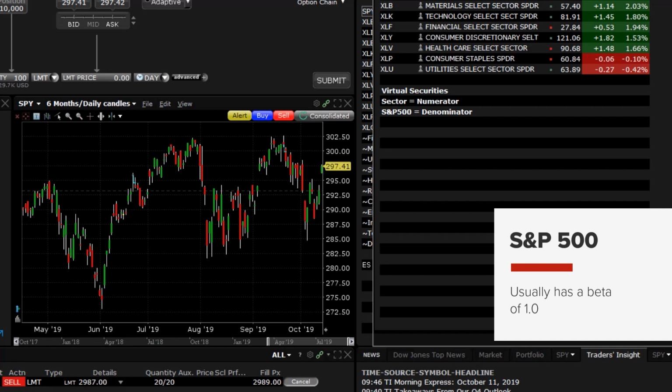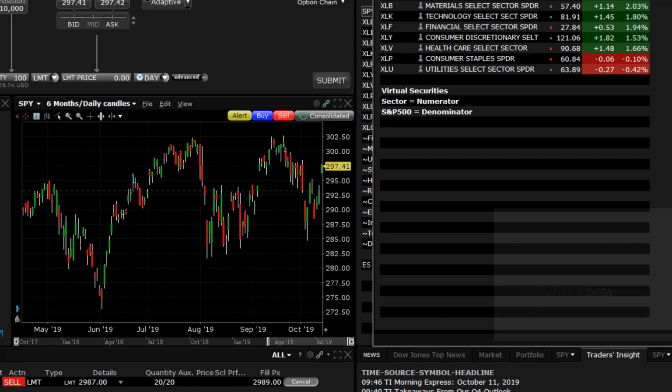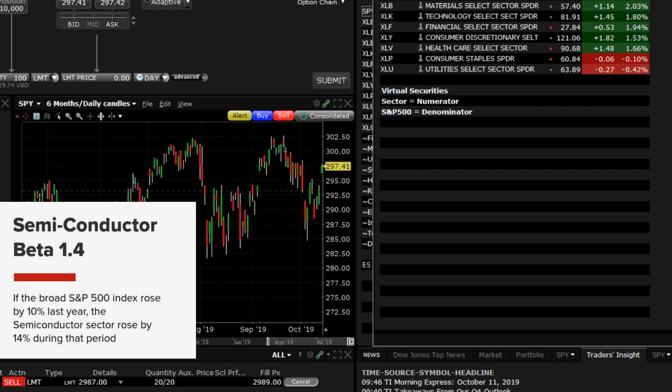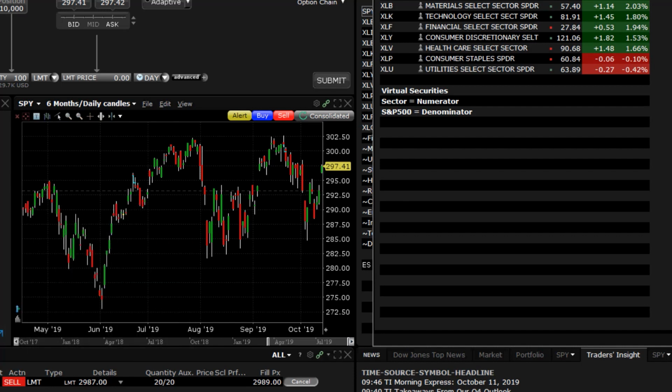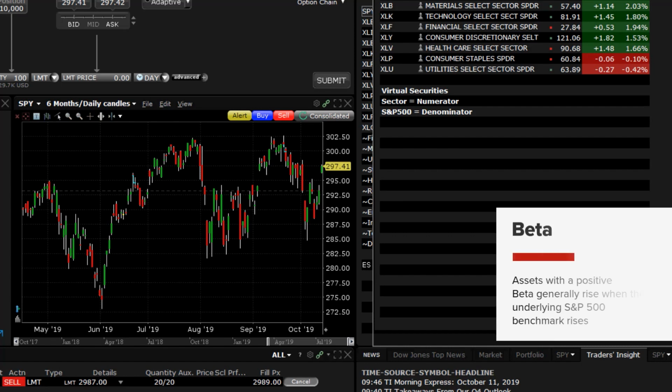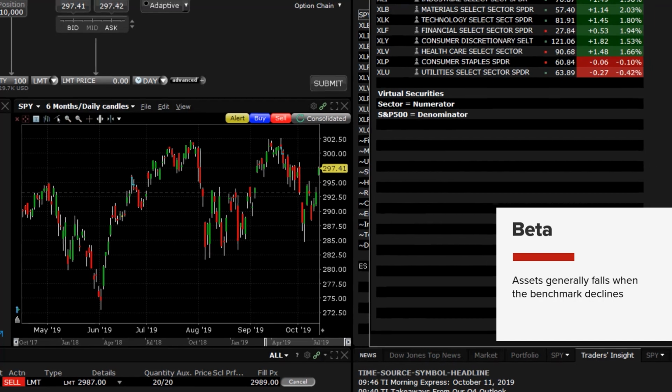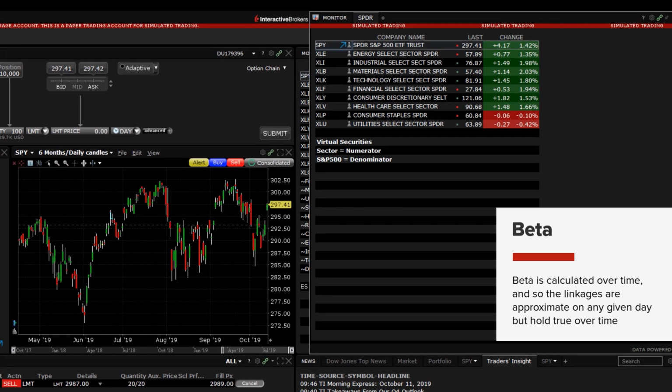The beta of the semiconductor sector may be 1.4. That means that if the broad S&P 500 index rose by 10% last year, the semiconductor sector rose by 14% during that period. Beta calculations are calculated over a period and are, therefore, dynamic. Assets with a positive beta generally rise when the underlying S&P 500 benchmark rises, and they generally fall when the benchmark declines. Remember, beta is calculated over time, and so the linkages are approximate on any given day, but hold